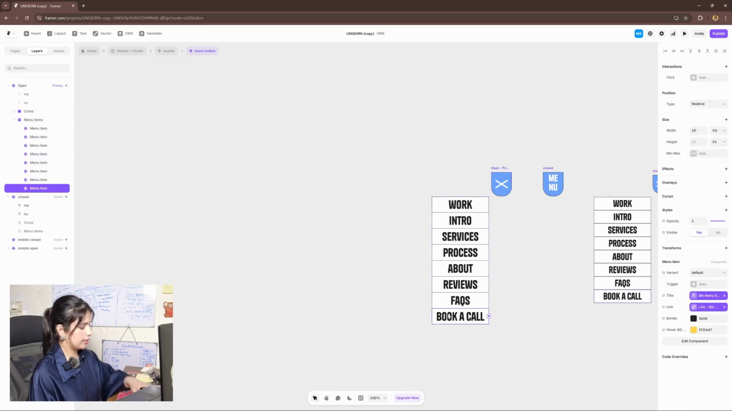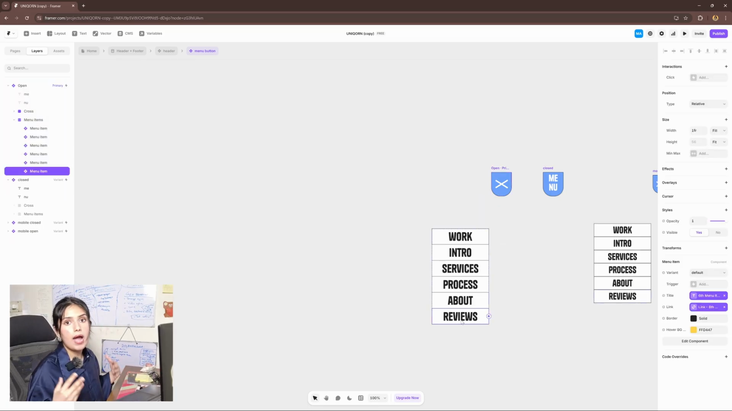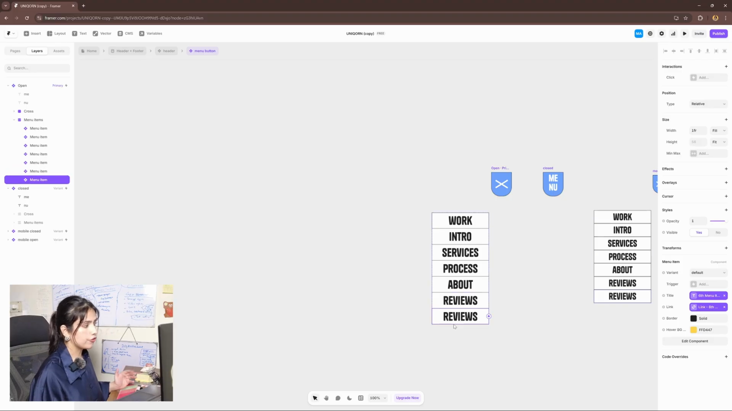From here you can get rid of the items that you don't need, and then if you wish to add more menu items, all you have to do is select any of these and then Control or Command D on your keyboard. Hit the little white cross icon that you see, give it a new title, and then give it a new link. So for instance, if I want this to be linked to my home page, I can select home,